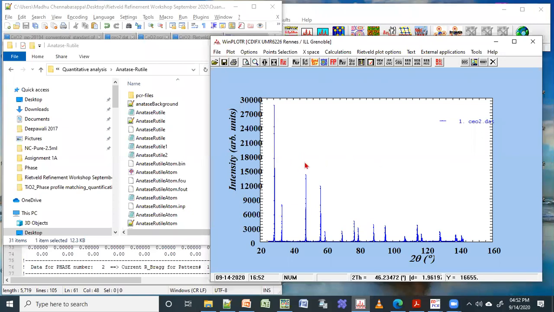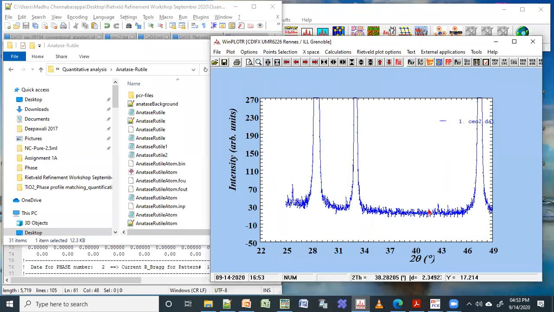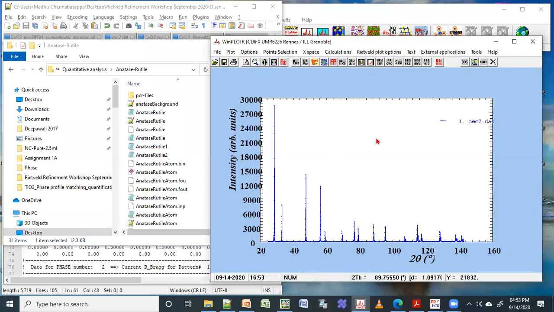Yes, this is the same, but the only thing is the crystallinity of your organic samples will be very less compared to inorganic. So sometimes when you're trying to do some composite of organic and inorganic, the signal of your inorganic may be so much that your organic would be somewhere in the background. That means the peak from organic would be very, very small. But if your organic sample is also crystalline, then you can just do this kind of Rietveld refinement, and you can do the quantification.